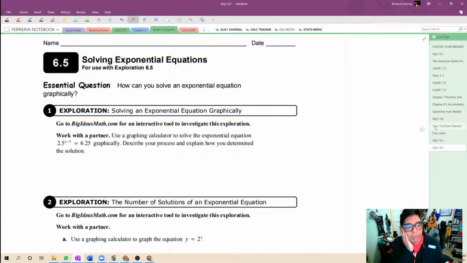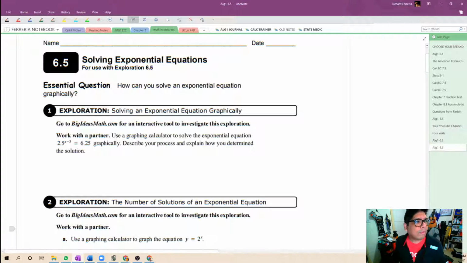All right, algebra people. Today we're going to be looking at solving exponential functions. We're going to do this two ways. The first way is going to be graphically, which I'm sure you're going to love. And the second way is going to be analytically, which is a little bit more stressful, but we're going to try and keep it basic. So let's start off with